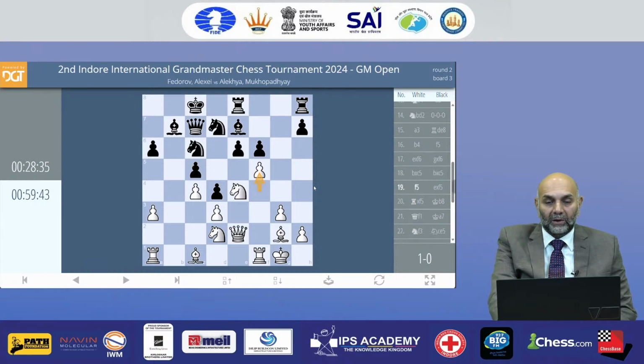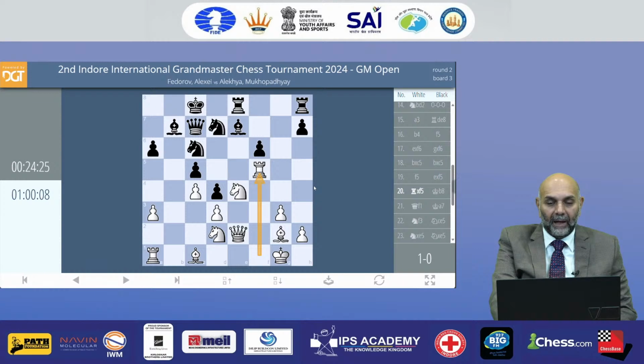White goes for a standard strategic plan in this position. If we believe in the modern ideas of Grandmaster Richard Reti, he was the one who strengthened the idea of not only a blockade but of central squares. And if black plays e5 here, then the white knight on e4 becomes really strong. The best course, but the position is now very bad, because look at white's pieces.